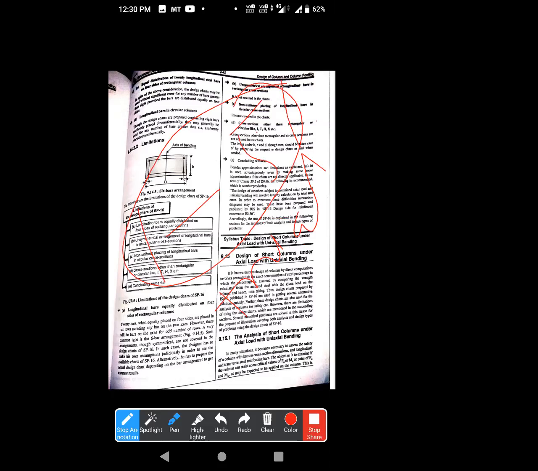Therefore there are many problems. If you fail to take the correct percentage of steel, then you have to redesign everything. You have to then assume the correct value, or more than the assumed value before. For this, the design charts are also used for the analysis of columns for safety. You can use these design charts for your approximation. You can go for the correct value of your percentage of steel for assumption.